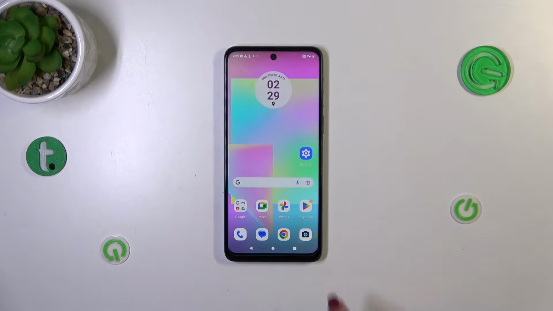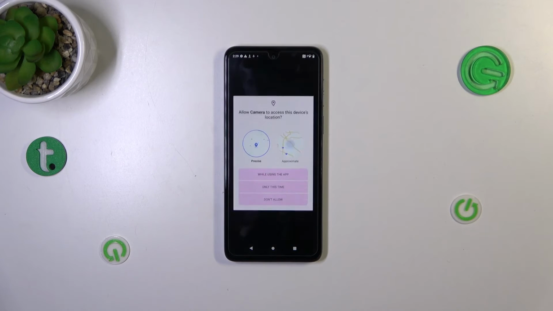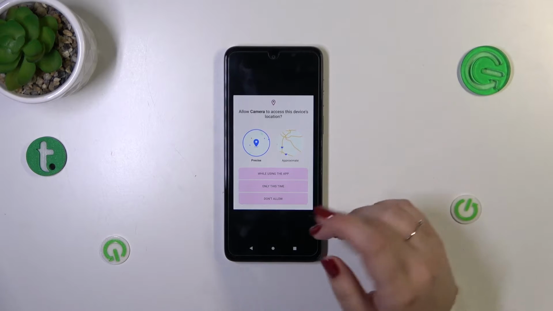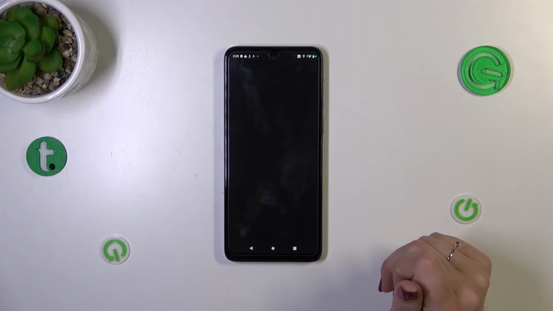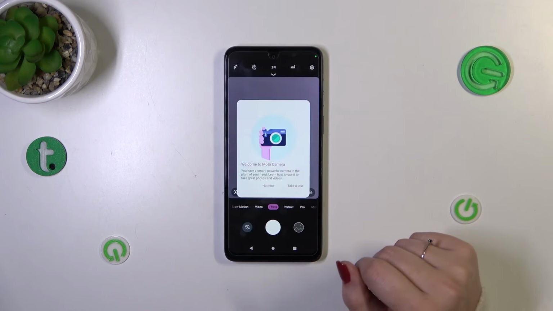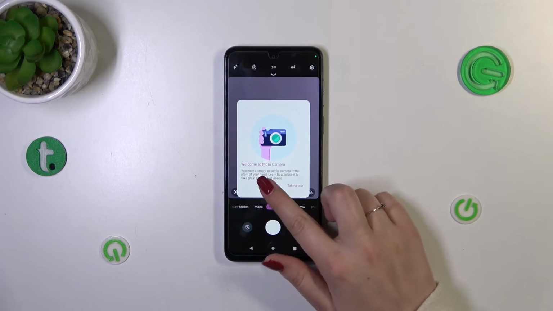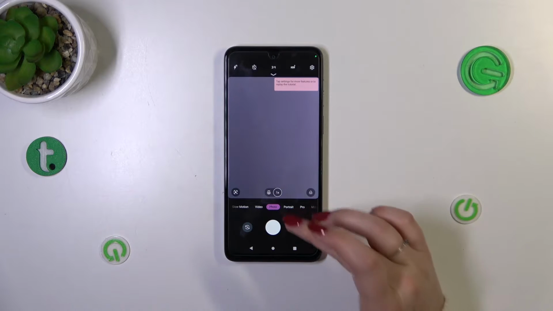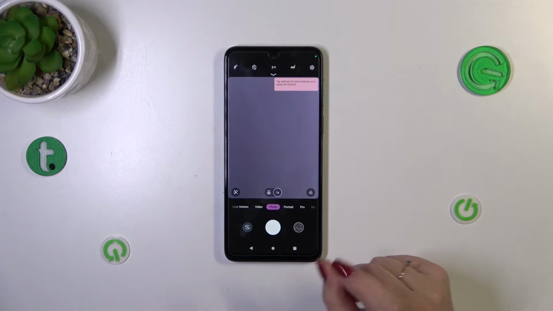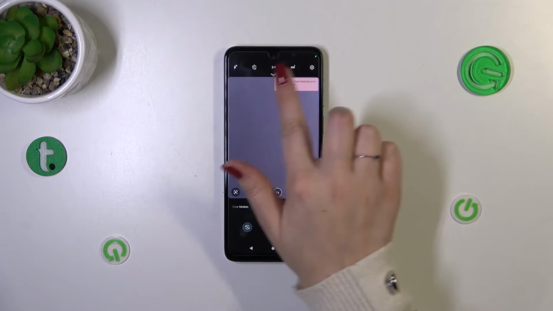So let's start with opening the camera app, and of course if you're doing it for the very first time, simply give all the permission it needs, or do not give them. Okay, not now. And as you can see, right now we are in the standard photo mode. It is highlighted, and it is good because we have to take a look at this option bar at the